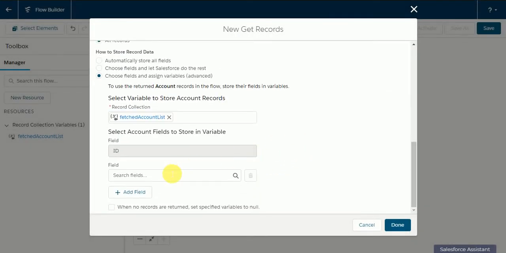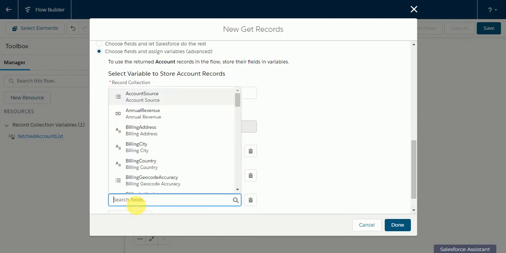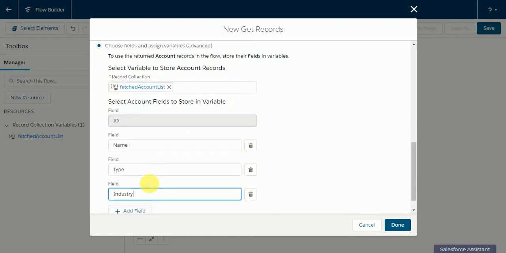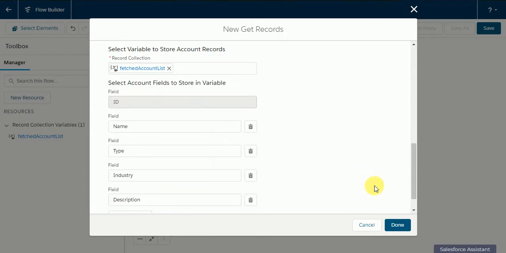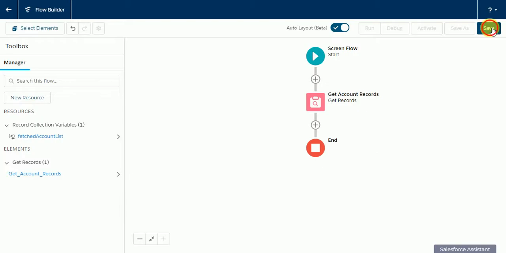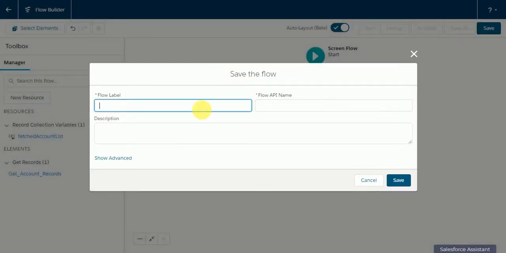Now I'm going to query some fields here. First I'm going to query Name and Type and Industry, and also I'll query Description, click on done, and click on save. I'll save this flow as Show Account Records.